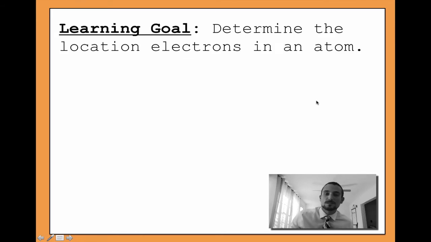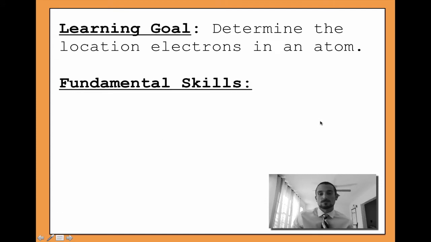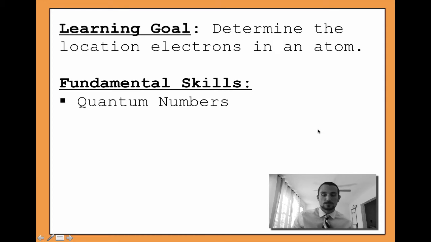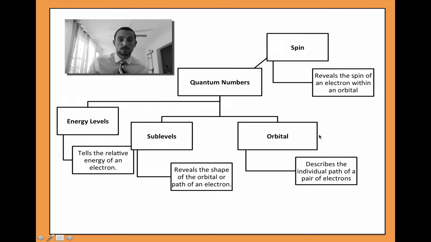Right. So this is a continuation off of our previous learning goal of determining the location of electrons in an atom. This video involves the fundamental skills of learning about quantum numbers. So quantum numbers involve many of these different sets you see here. So we're going to go at this from a conceptual basis rather than the more specific chemistry and quantum physics